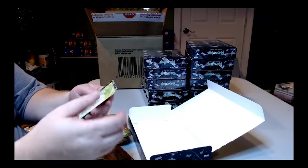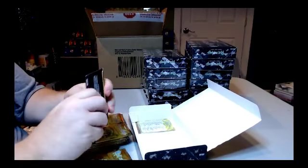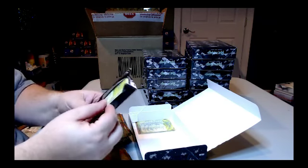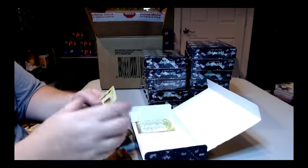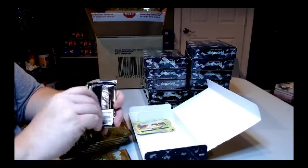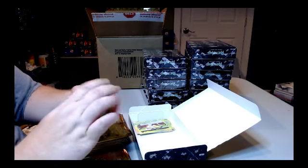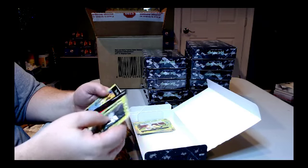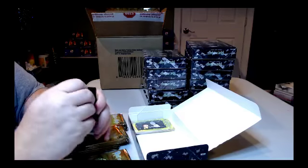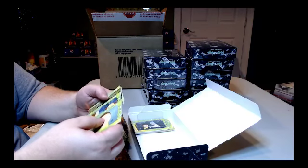Alright, so now to keep things going, every case has been consistent. We get 18 sketches and 6 autographs. The only thing that's different is I'm thinking that they really wanted these to be two hits per box, but it seems like most of the cases are mixed up where you'll usually get 3 hits or 1 hit. And we did have one case that was 2 hits per box, and that was probably the best autograph case that we had gotten,